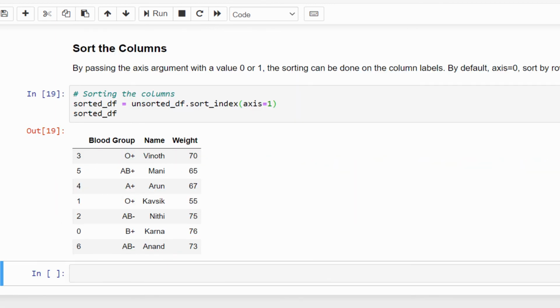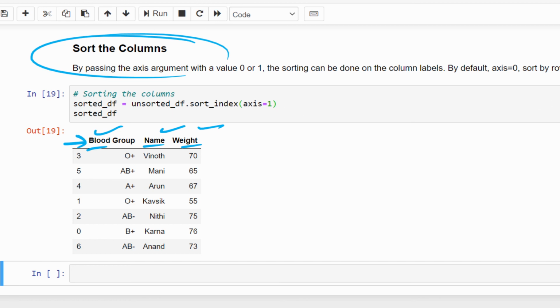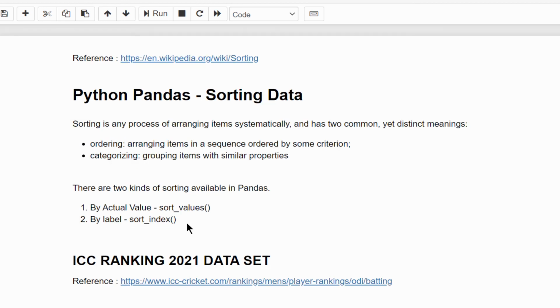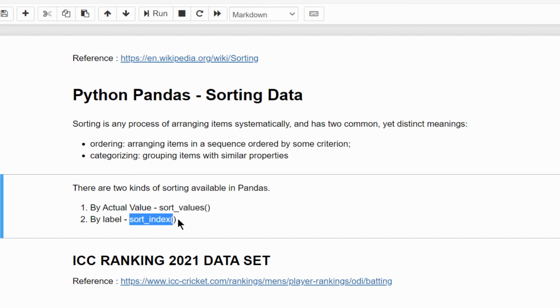Just see the column names sorted in alphabetical order: blood group, name, weight. So we can sort the columns also. The conclusion here is we can sort using sort_values or sort_index. Mostly we will be using sort_values. So based on your requirement, you can choose accordingly.